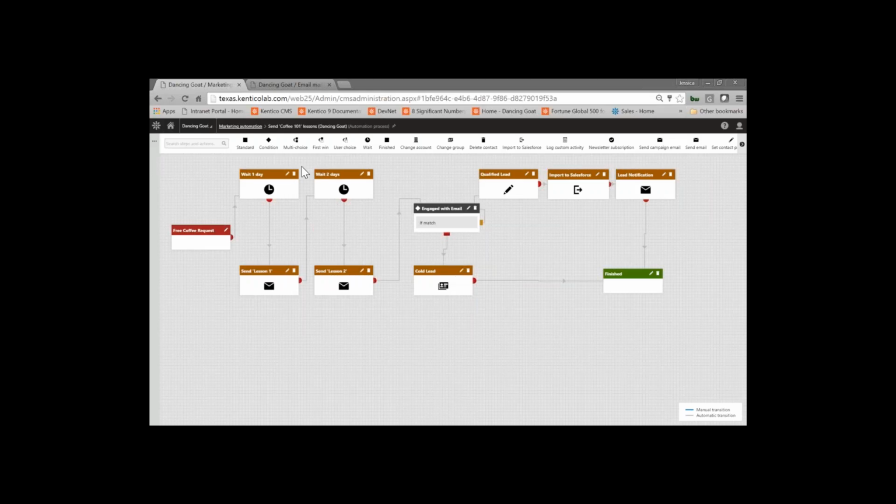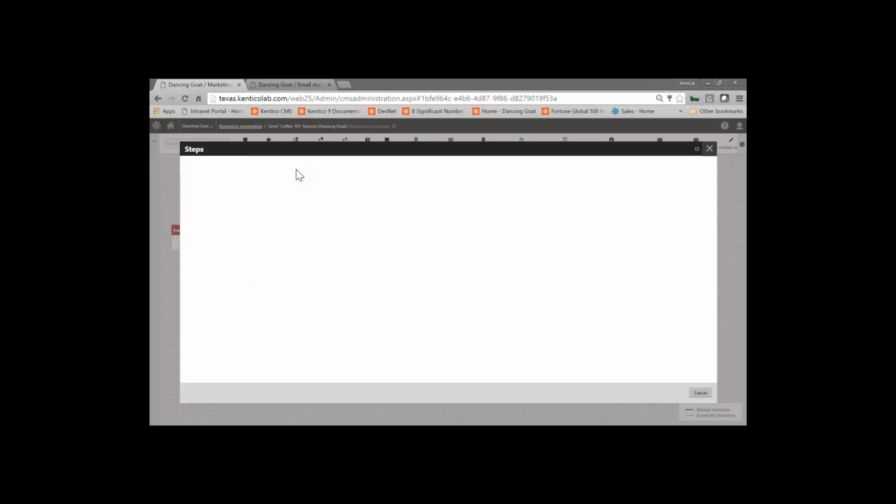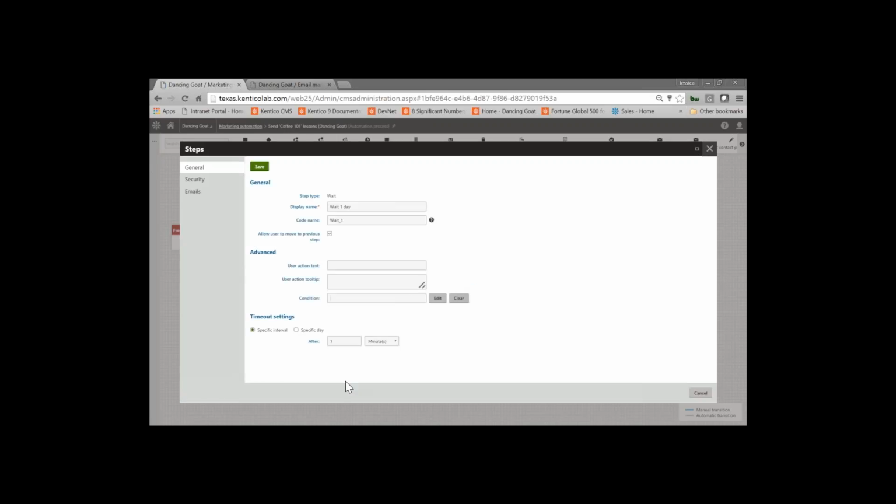It should actually wait a couple of days. It says so, but I actually have it set to only wait 1 minute just for demoing purposes. So it says wait 1 day, but I only have it set to 1 minute, just so that everybody can see it, because I use the same environment during demos, and usually if I'm doing